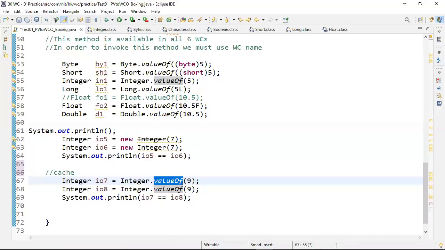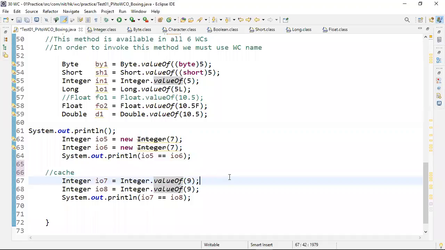Then it retrieves the first Integer object, retrieves its value and verifies whether that value is 9. If yes, then that existing object reference is returned to us. If not available, it creates a new Integer object with value 9, stores that Integer object reference in the array, and then returns the Integer object reference to our program, IO7.